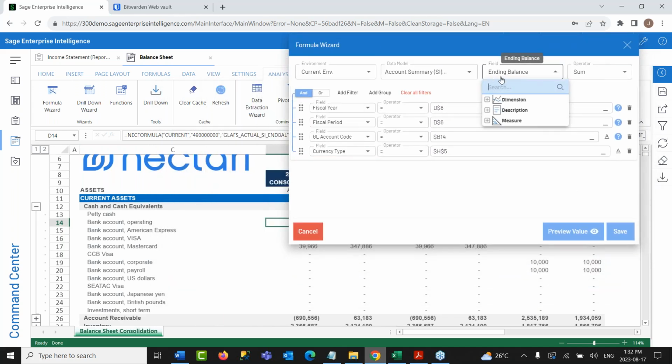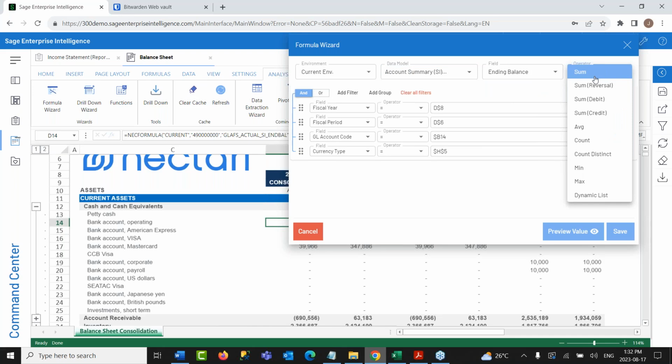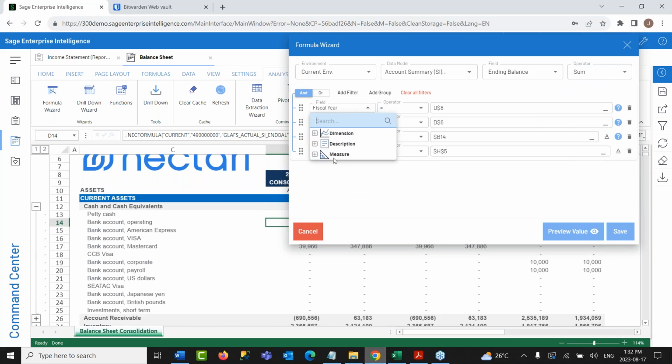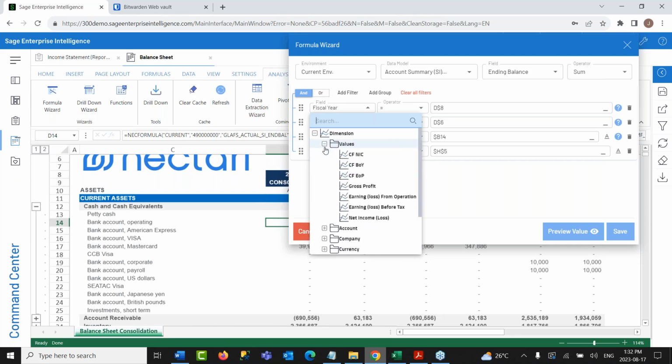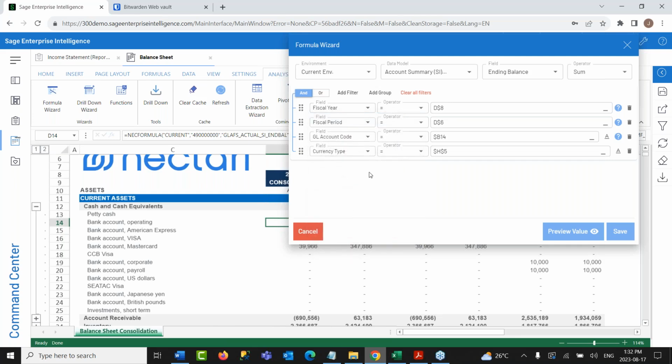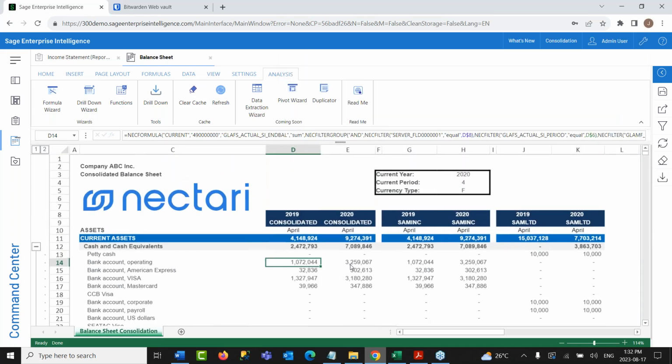So I'm choosing the field that I want to work on, the data model that I would like to use, the operation that I would like to do on that calculation, and finally selecting a bunch of different filters here using the same interface as the SCI offers. So making it much more homogeneous as an environment for us to work in, but at the same time giving us the familiarity with the Excel platform.